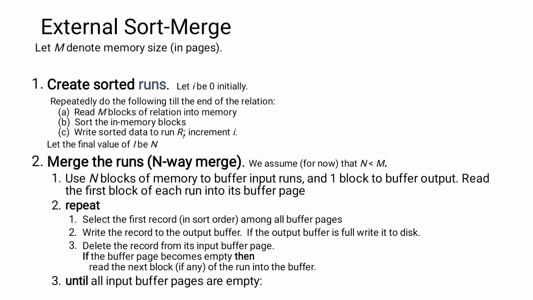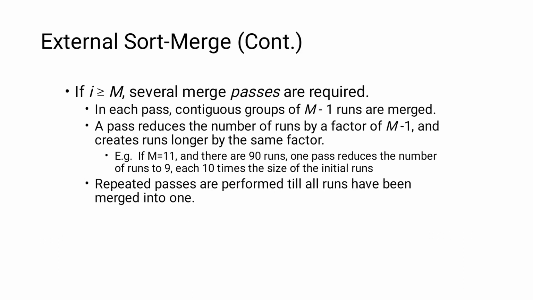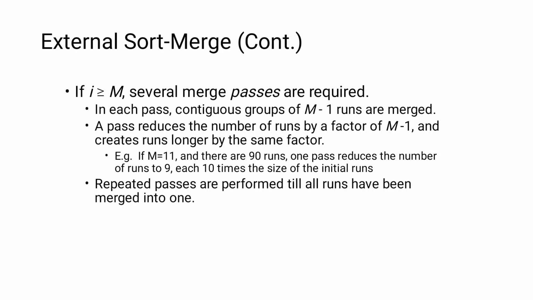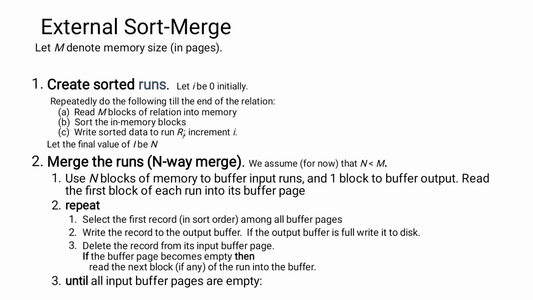External merge sort. The external sort merge algorithm is explained here. The first step is to create sorted runs. Let i be 0 initially and repeatedly do the following till the end of the relation. Read m blocks of the relation into memory, as explained in this diagram. Sort the in-memory blocks, write the sorted data to run Ri, and increment